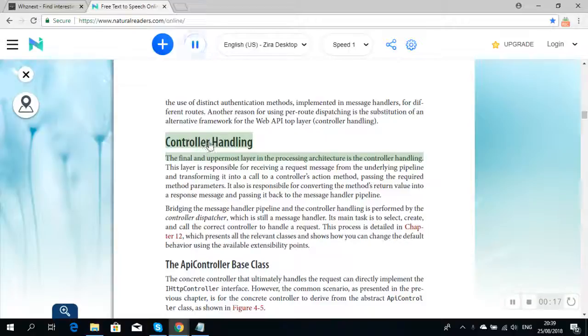Controller handling. The final and uppermost layer in the processing architecture is the controller handling. This layer is responsible for receiving a request message from the underlying pipeline and transforming it into a call to a controller's action method, passing the required method parameters. It also is responsible for converting the method's return value into a response message and passing it back to the